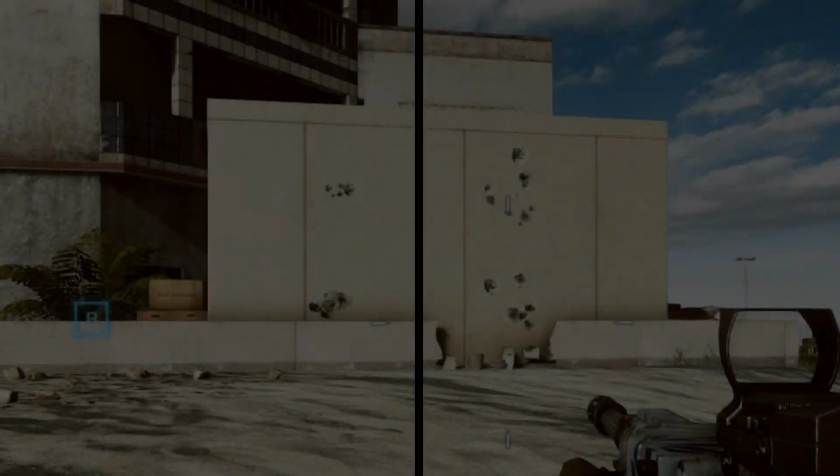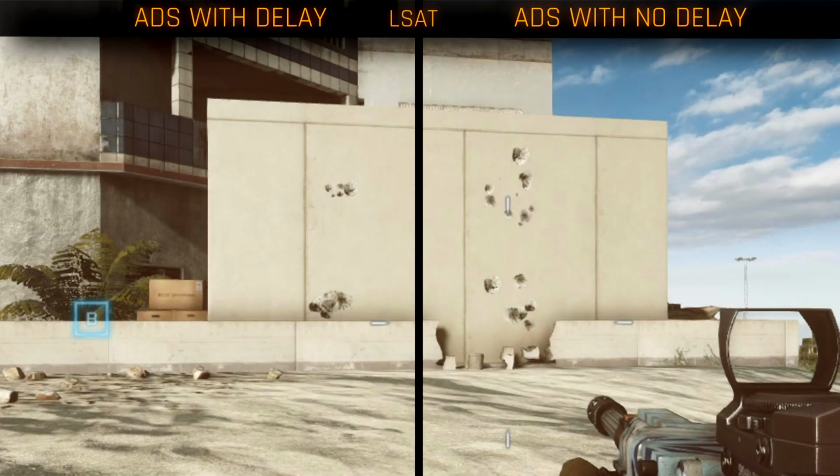If we compare a still image of the LStat groupings, I'm thinking the difference is pretty huge because the LStat has very little recoil and its spread increase per shot is lower than the MG4's, so the aiming down sight groupings with a delay on the left side are going to be pretty tight. But if we take a look on the right side with no delay, the groupings are huge,